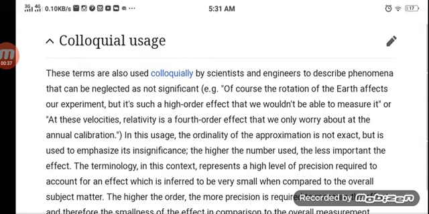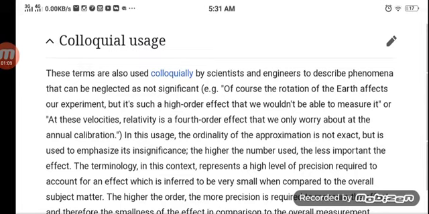In this usage, the ordinality of the approximation is not exact but is used to emphasize its insignificance. The higher the number used, the less important the effect. The terminology in this context represents a high level of precision required to account for an effect which is inferred to be very small